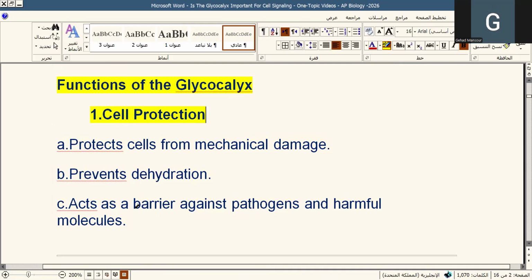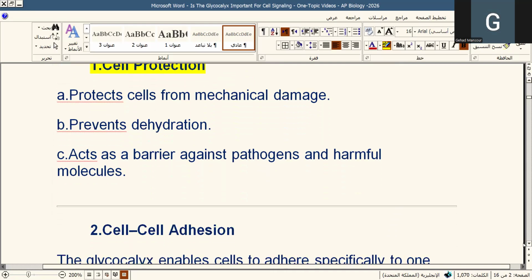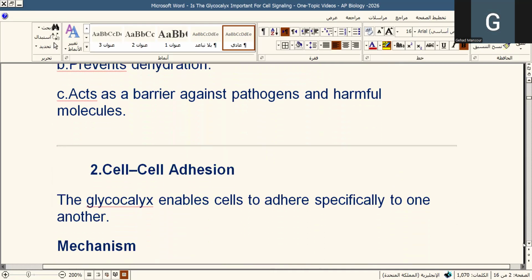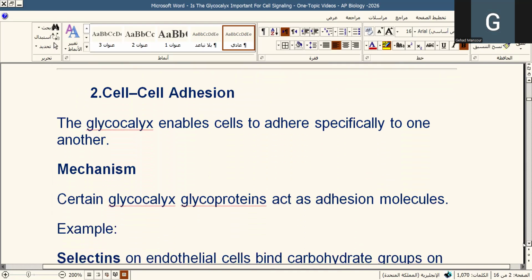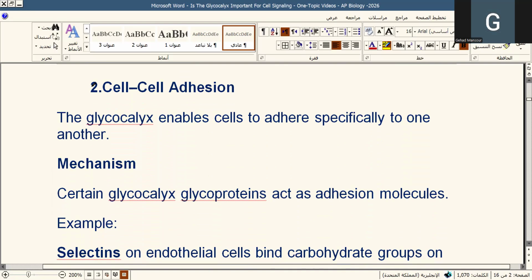But the physical and mechanical protection of the glycocalyx also extends to making the glycocalyx act as a barrier against penetration of any cell by pathogens like viruses and bacteria, or by any other harmful molecule. But the newly discovered functions of the glycocalyx are as follows. First of all,